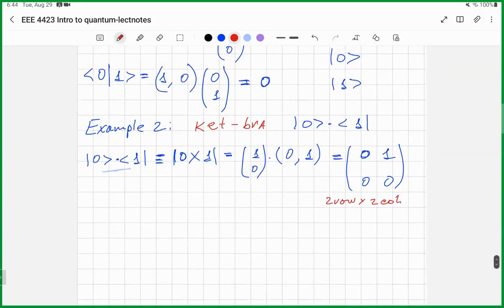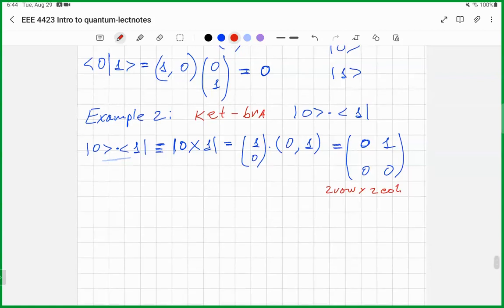So yeah, the result of this cat-bra operation is a matrix. The result of the bracket operation is a scalar. And this is quite important for what follows. And this also brings us to the importance of matrices